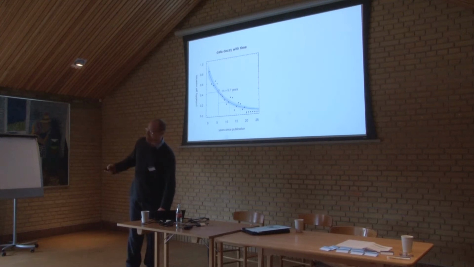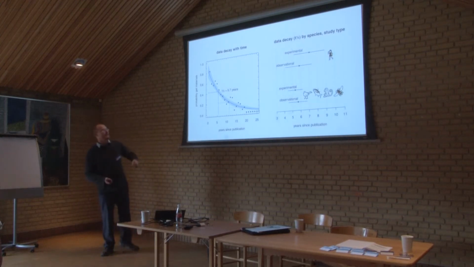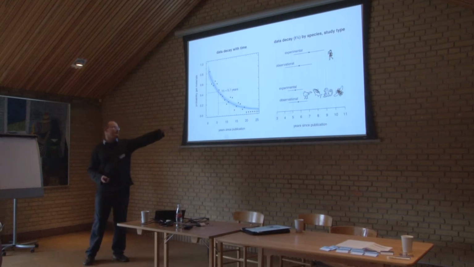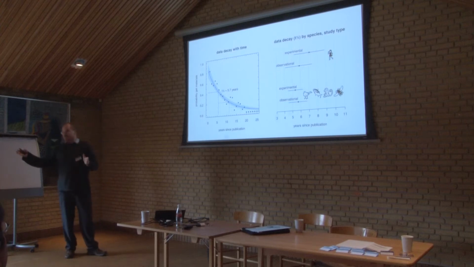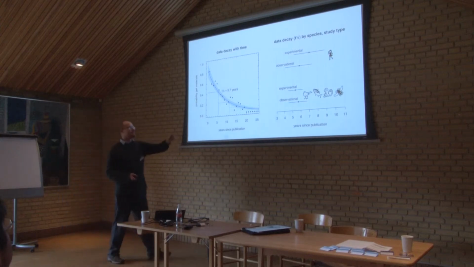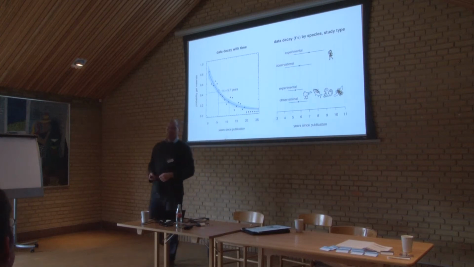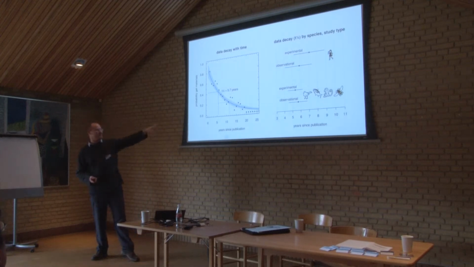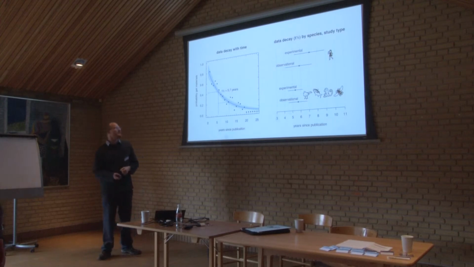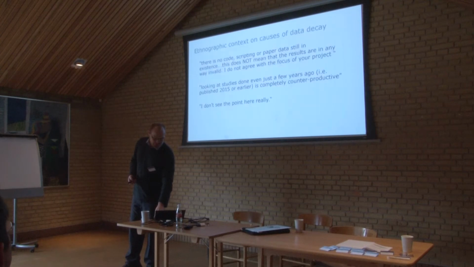We also stratified this, because we had pretty good power, by two things: whether the study was experimental or observational, and then by study species, with non-humans in one category and humans in the other. So congratulations, the longest half-life in this study belongs to experimental human studies, the worst to non-human studies. So still about 5 to 7, 8 years, but there's definitely variation in the study populations.